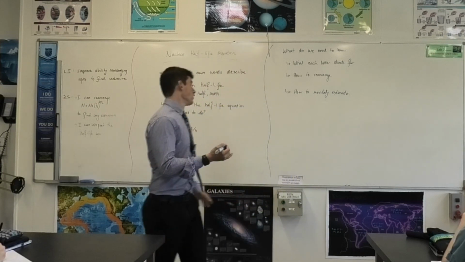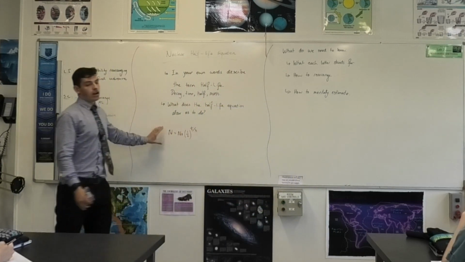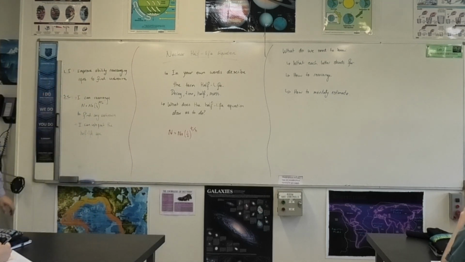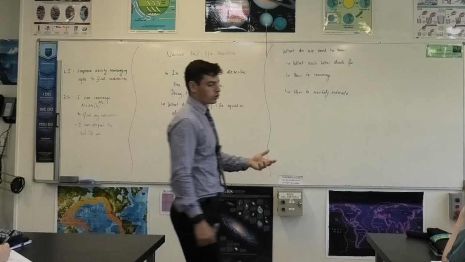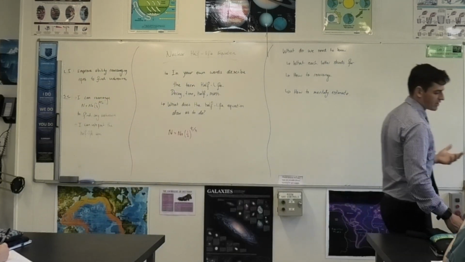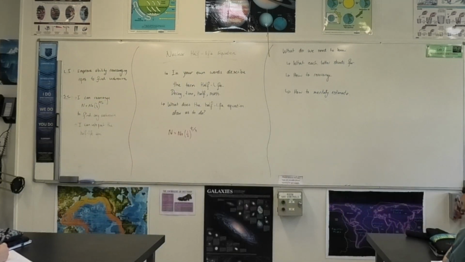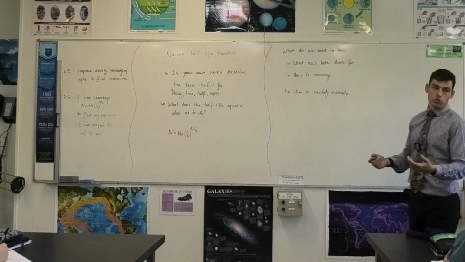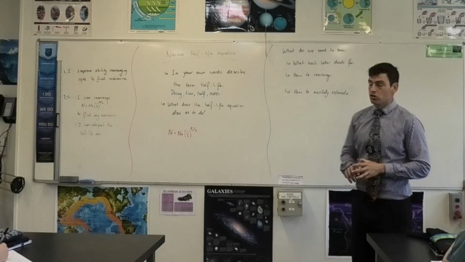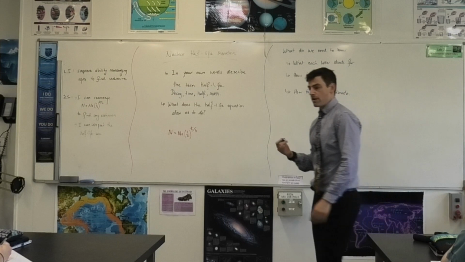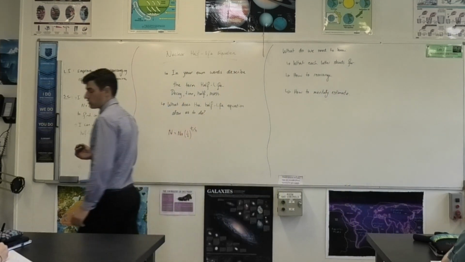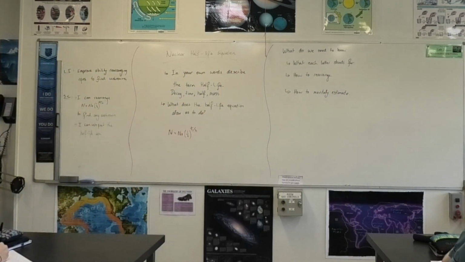So that's the equation. Really the only thing left to do, because I'm not going to ask you to find or to just show me why an element decays. I'm just going to ask you how long or how much or when this will occur. So all we really need to be able to do is say, well, what do each of these letters stand for? How do we rearrange, which is a skill we should know in mathematics, and how to mentally estimate, which should be a skill that we have from being human beings.